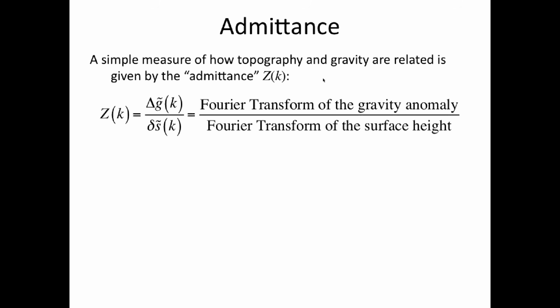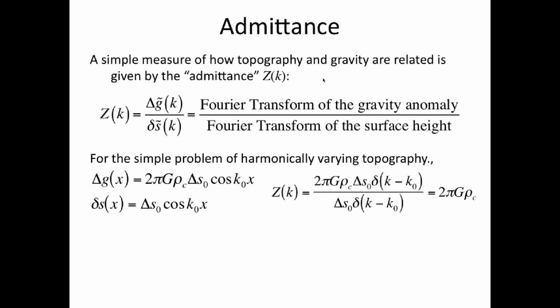You'd think this should have a phase, because these should both have phases, but for reasons, well, the Earth is good to us, there isn't usually a phase change. So just consider a simple problem of harmonically varying topography. The topography, the function of x, varies harmonically. The gravity anomaly will have the same signature. If you take the Fourier transforms of these, that just gives you a delta function, a spike at those values. But you divide one by the other, you just get a constant number. It's a simple relationship. That number right there is of order 117 milligals per kilometer of topography.